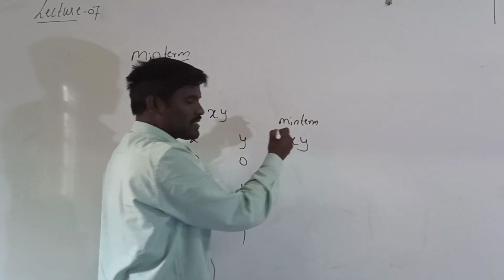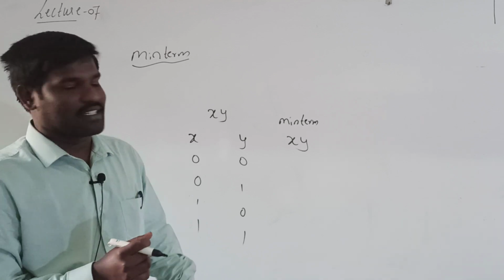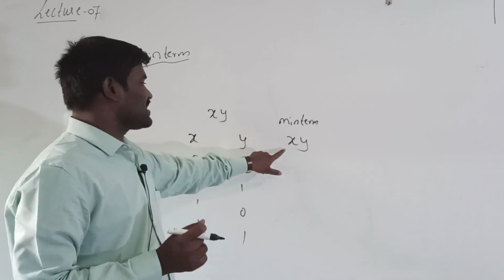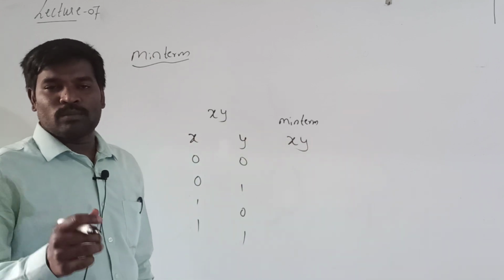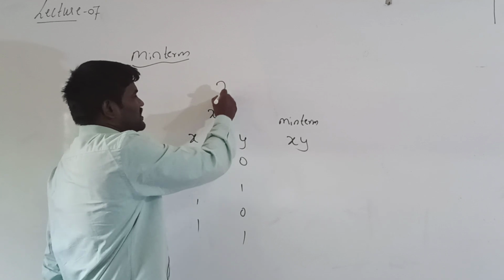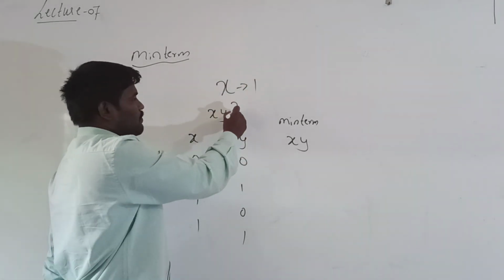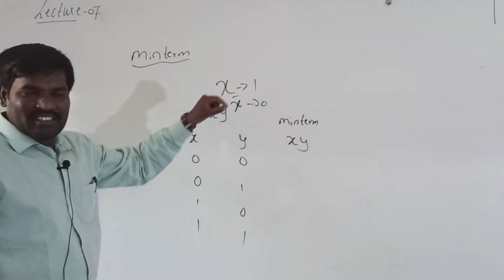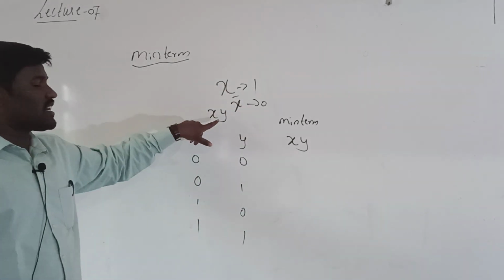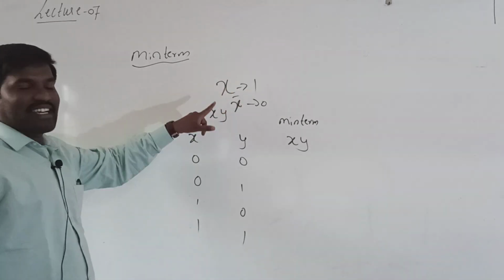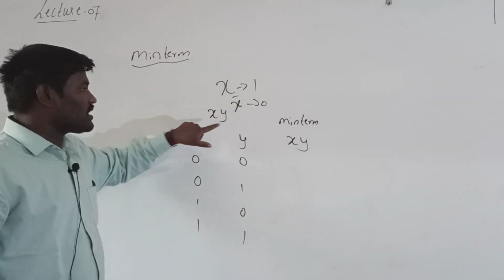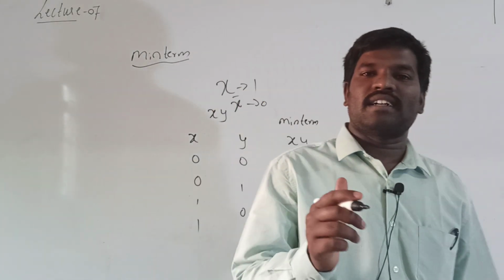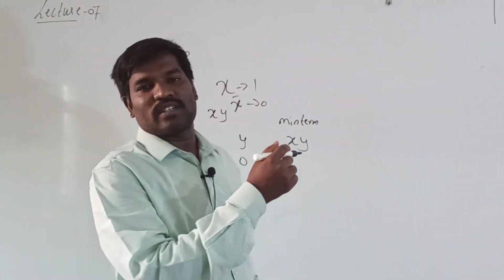Min term, so here min term indicates the product of the literal. Here x is one variable and y is one variable. The product is x into y. And one more thing is, in the min term, x indicates 1 and x bar indicates 0. So 1 is nothing but the x value with respect to the x and y. 1 indicates x and 0 indicates x bar or y bar. Okay, so 0 indicates the complement of the variable and 1 indicates the direct variable.